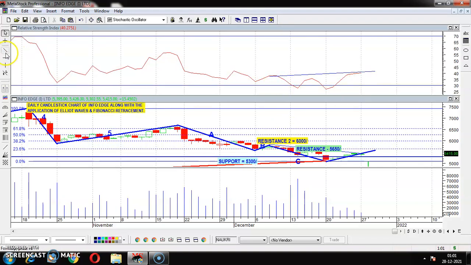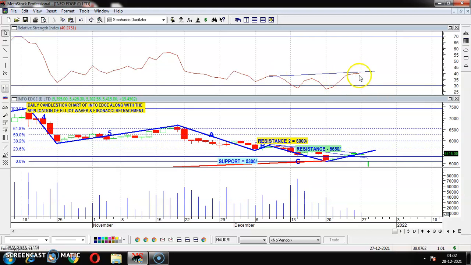What does the candlestick say? From here, if we draw one line from here to this, you see like this. Here you see there is a high, this is a lower high. It means the candlestick is indicating a high and a lower high, but RSI is indicating a high and a higher high. If it is a high and a higher high versus a high and a lower high, that is known as divergence.